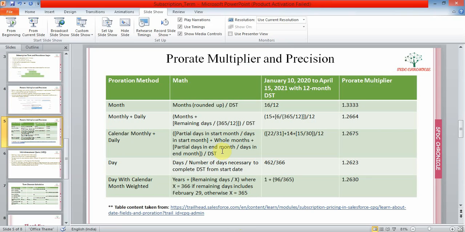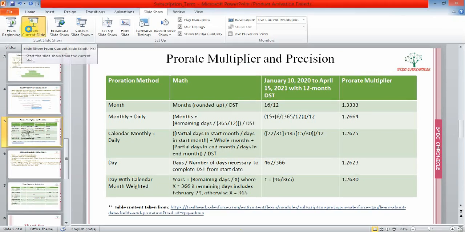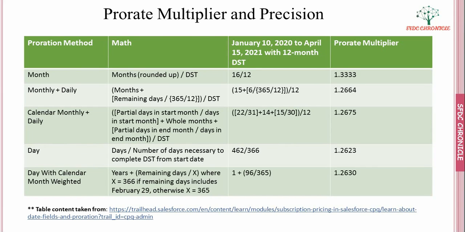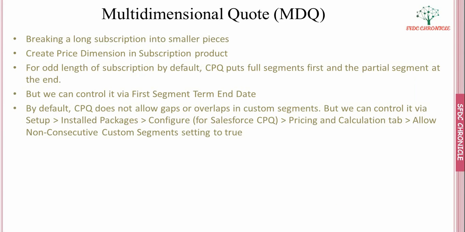So that is all about proration multiplier and precision. Now let's go to the next one, that is multi-dimension quote. Multi-dimension quote is nothing,